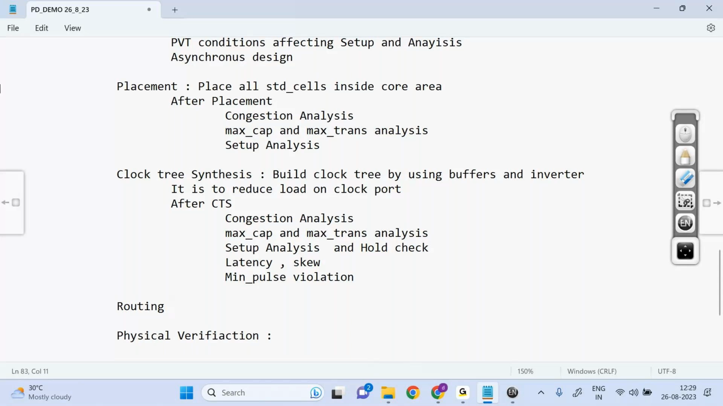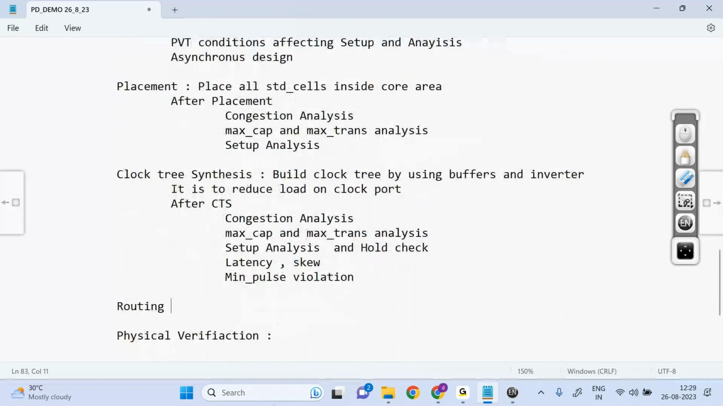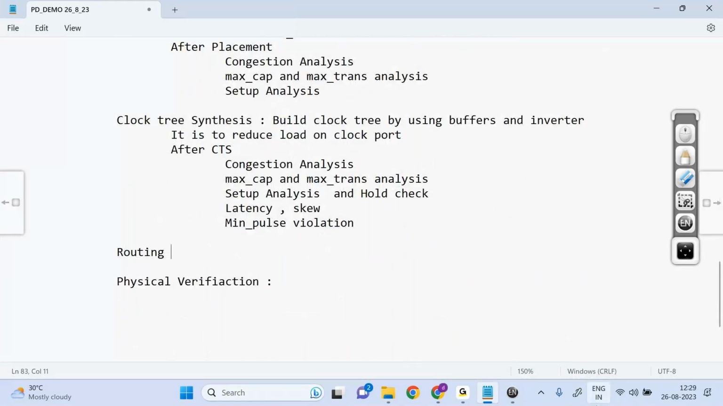This we study. We'll study clock tree synthesis in detail. So next we'll study about routing. What is routing? Connecting all cells by using metal layers